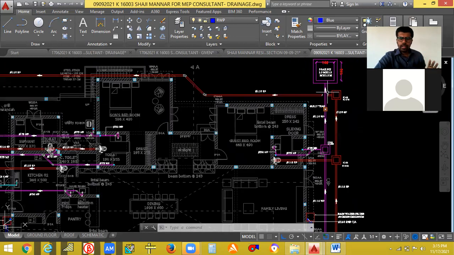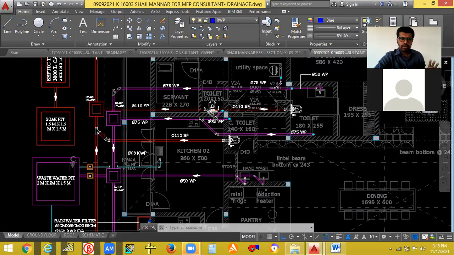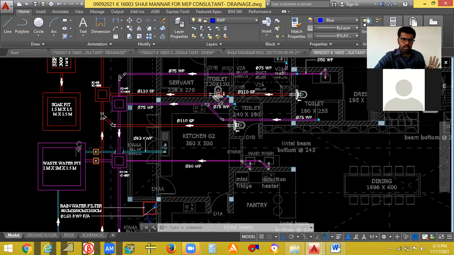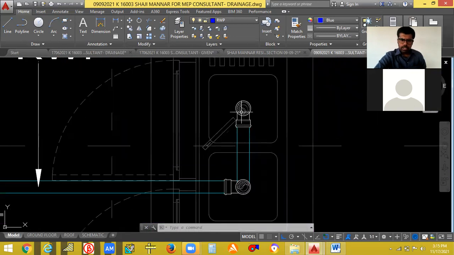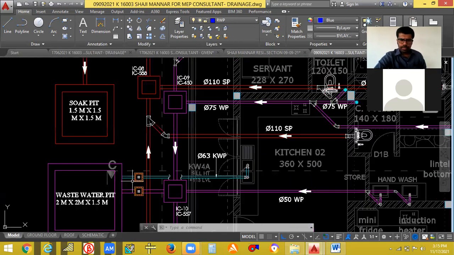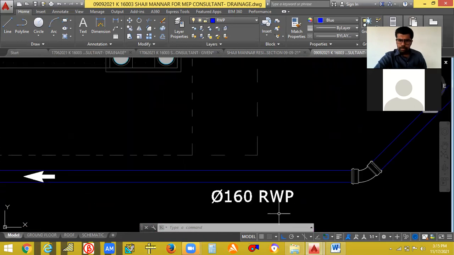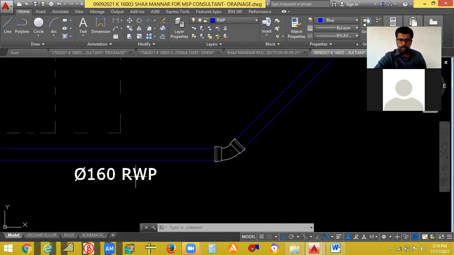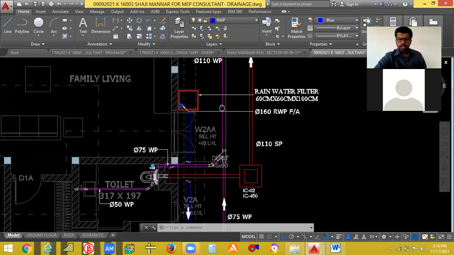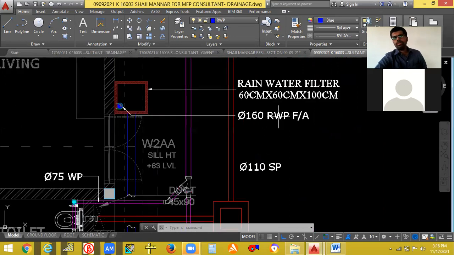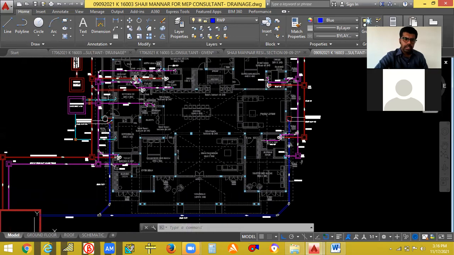Okay. You can give a gully trap here. Same way, give it here. Okay. Give it to this. Now for the kitchen pipe also it is separate. You can see. Take this separately and you can give. Rainwater pipe also, see, it should be pipe. Okay, rainwater pipe, 160 rainwater pipe. From the rainwater filter. This is coming from above, 160 rainwater pipe from above. So this is the way it looks like when you are doing design. Okay.